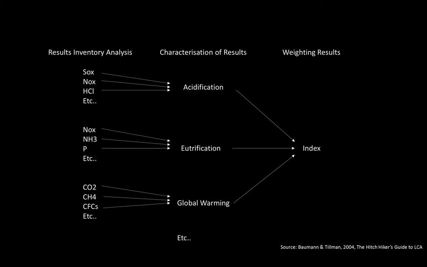But as stated in the previous film, if you're sitting as a constructor at Volvo, for example, and choosing between iron or alumina in your car, you cannot be expected to know, is it better to be low on acidification than on eutrophication? How much worse is global warming compared to acidification? You need a one-digit system. The alumina is 25 and the steel is 28 to be able to continue your work. This weighting results to a one-digit index